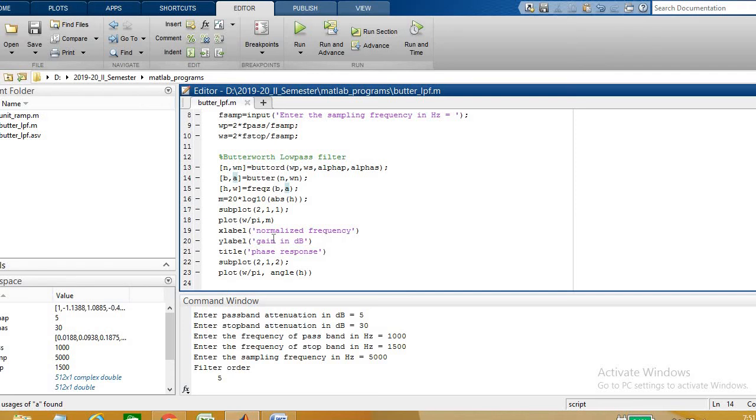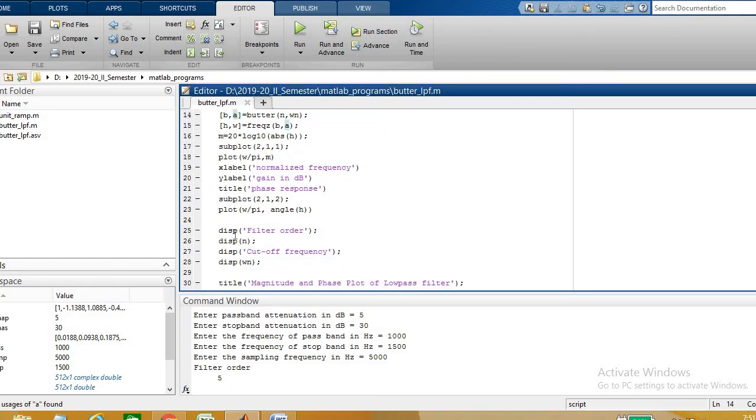X label is normalized frequency, Y label is gain in decibels. Title is magnitude response. Second subplot 2, 1, 2: again we plot the angle of the transfer function.